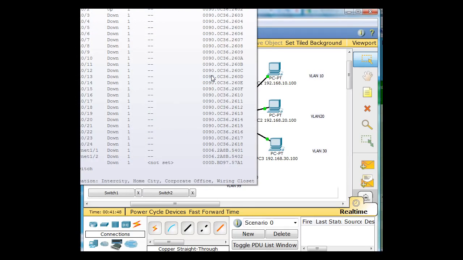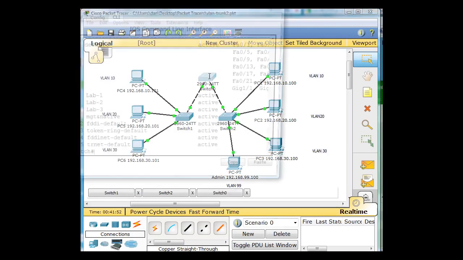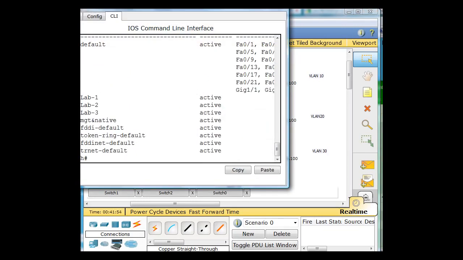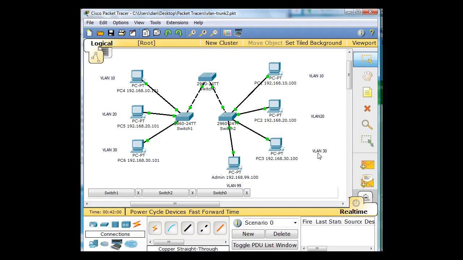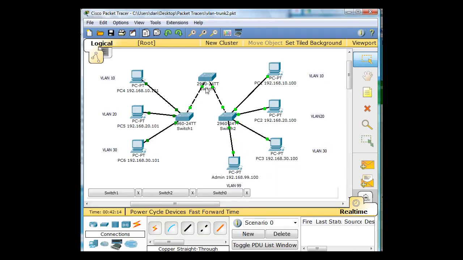Let's double check. If we go to this switch here, you can see here's the numbers 10, 20, and 30, and 99. So VLAN 1, 2, and 3 is not correct. These are VLANs 10, 20, and 30, and VLAN 99. So I've changed that. Okay, I don't think that's a deal breaker. Let's keep going. So now that we have VLANs 10, 20, 30, and 99 configured on all 3 switches,